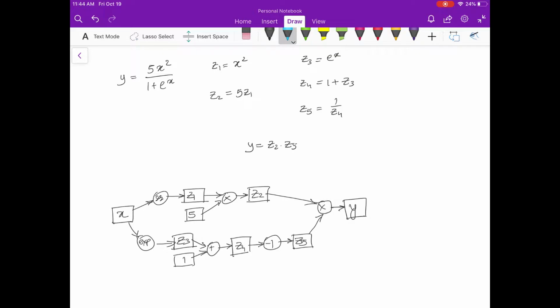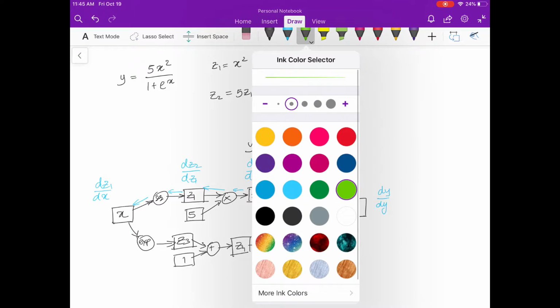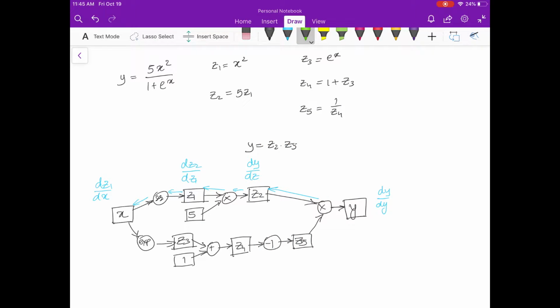So as usual, we start with the leaf nodes. So we replace y with dy dy. Let's go in this direction, replace this with the gradient of z2, which is dy dz2. Replace this with the gradient of z1, which is dz2 dz1. Replace x with the gradient of x, which is dz1 dx. Come back to y